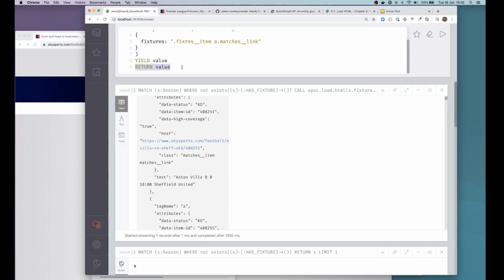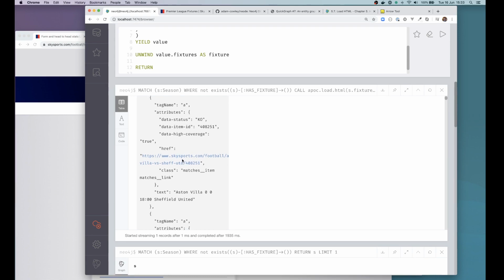So if I, for example, take the fixtures, so unwind value.fixtures as fixture. And then, for example, let's say what we're interested in is the ID of the fixture. So we've got a unique identifier there, and then we've got a URL there as well. So the ID, I guess we'll take that from the URL. So we'll take the last part from there, and then we can get the URL, which will be attributes.href. So if we return fixture.attributes.href